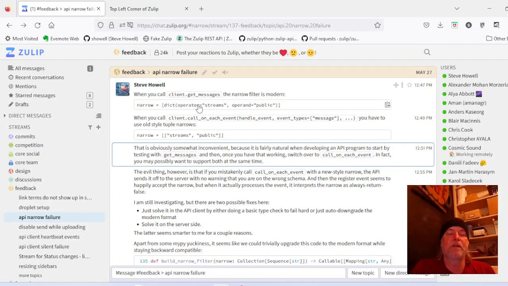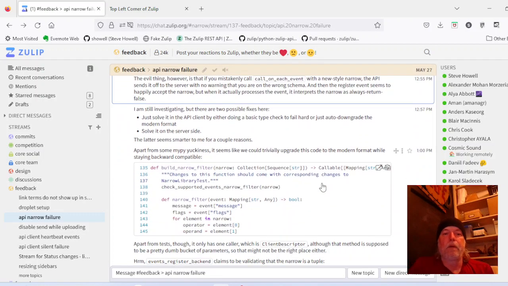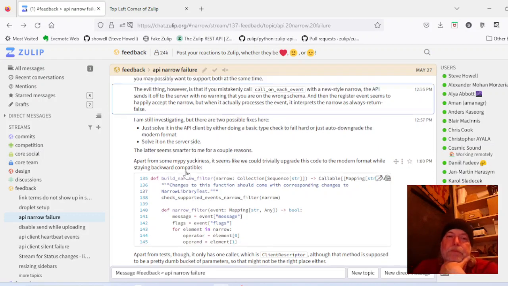So in some places in Zulip, if I want to say I want all public streams, the modern way of saying it is that the operator is streams and the operand is public. And then there's this legacy way of saying it where you just pass in essentially a little tuple or a two element array where you say streams, public. And what I want to do is make this function that is called build narrow filter support